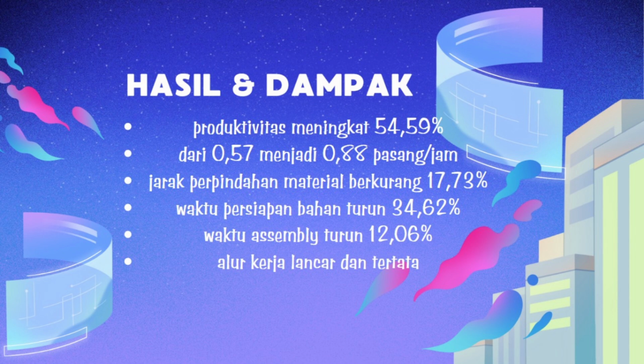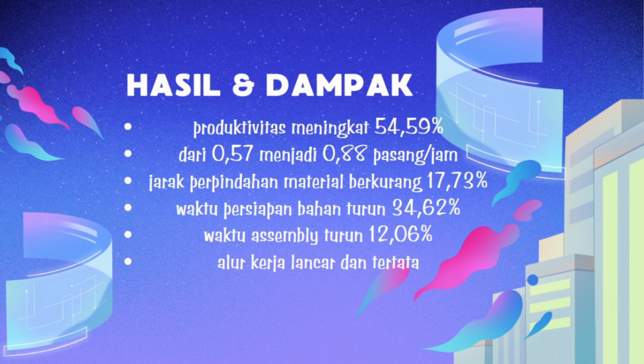The results of the implementation were very positive. The most important result was the increase in labor productivity. Before implementation, the workers produced 0.57 pairs of shoes per hour. After applying the lean model, productivity increased to 0.88 pairs per hour. That's an improvement of 54.39%. In addition, the distance of material movement between stations was reduced by